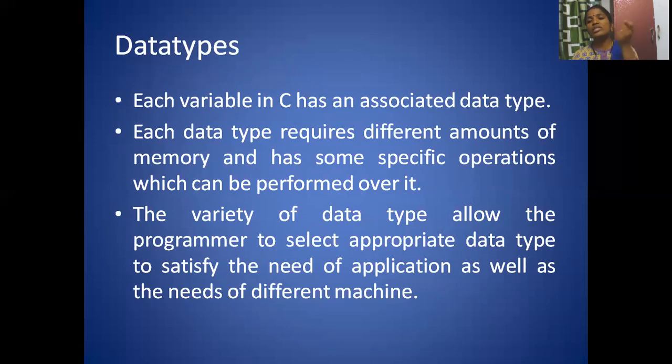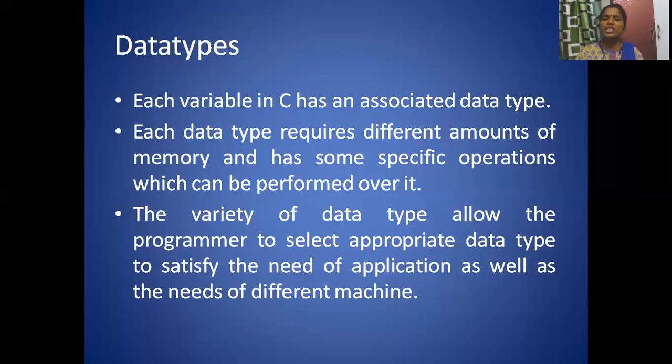That is why we use data types. I have a definition given here. Each variable in C has an associated data type. That means each variable must belong to one of the data types.